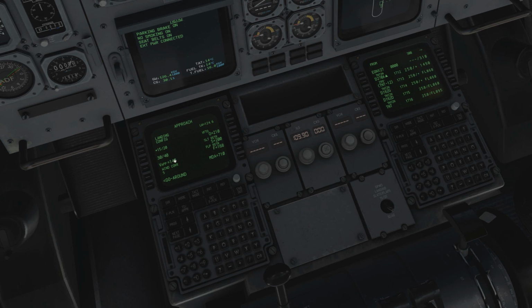Okay, so at this time 30-40 is selected, which is the standard. And it automatically has a wind correction of 5 knots. We can change the wind correction if we want, and it will obviously change the VAP, the V approach speed, but the standard is 5, and it gives you the V approach speed of 140 knots. If we select 15-20, it gives us a higher VAP, because this is for the 15-20 landing. So we have to select this in the FMS if we want to do a flaps 15-20 landing, and we also have to select